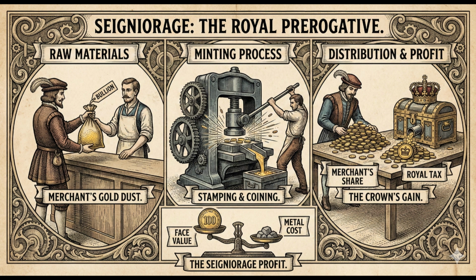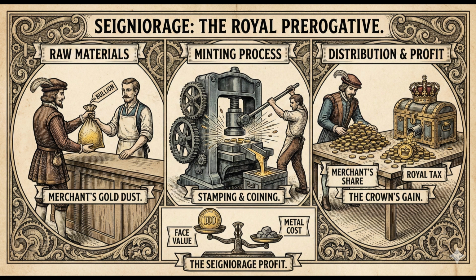In the late medieval and early modern periods, producing gold coins was not merely a public service. It was one of the most guarded and lucrative rights of the sovereign. This power was manifested through something called seigniorage, the difference between the face value of a coin and the actual cost of the metal plus its minting expenses. By exercising the royal minting prerogative, a monarch could extract a tax on every ounce of gold that entered the kingdom's circulation. This transformation of raw bullion into legal tender was a sacred act of statecraft, effectively turning a physical commodity into a political instrument backed by the king's authority.